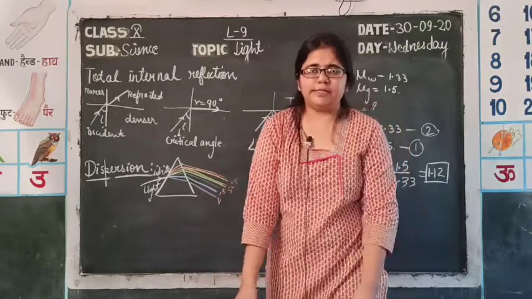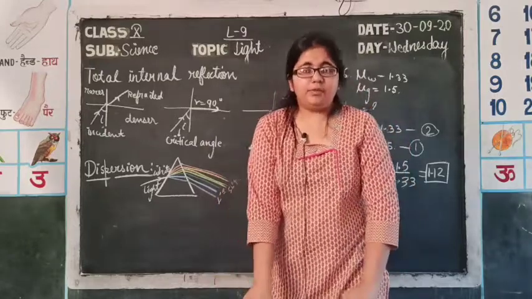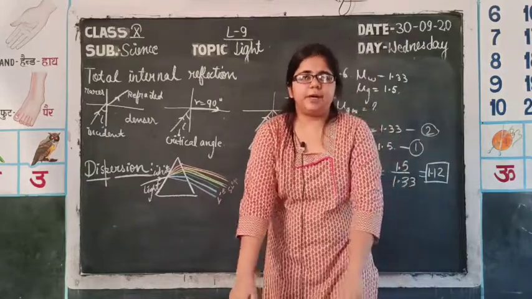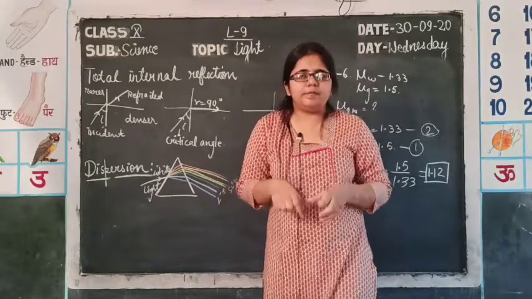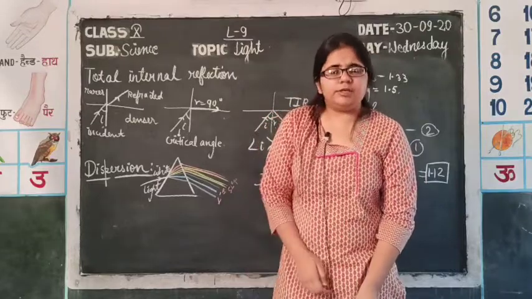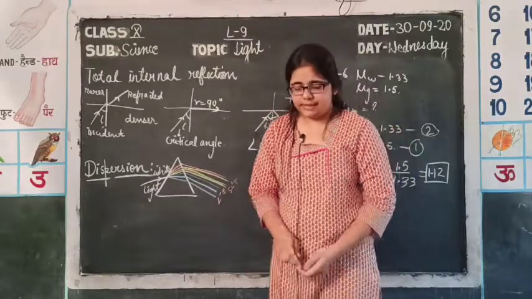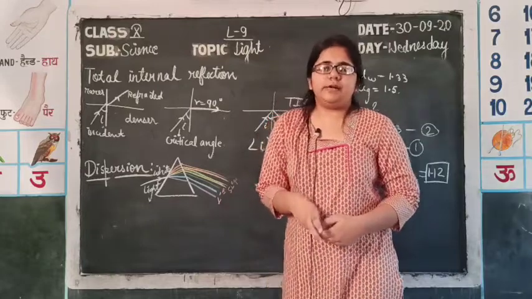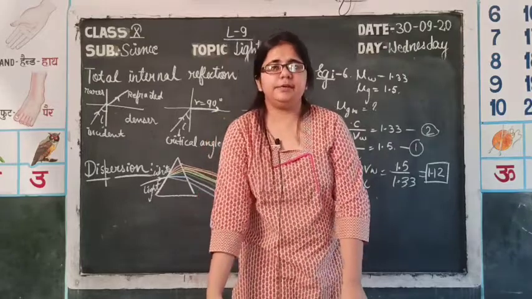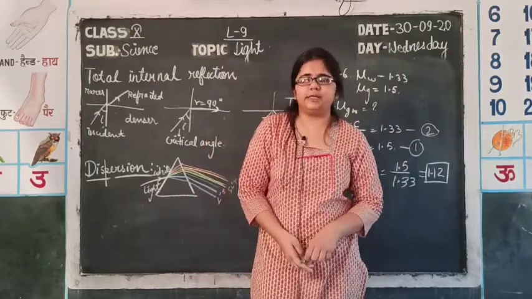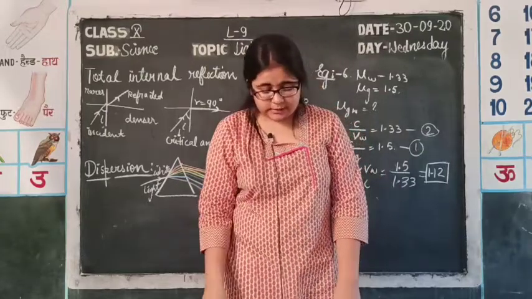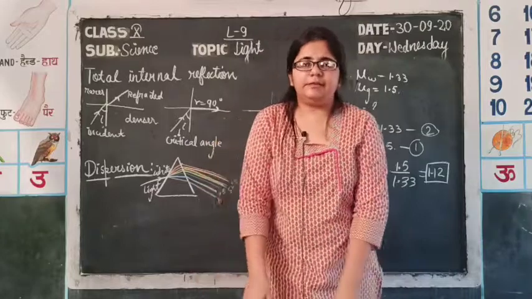This was all about today's discussion. We have studied the numericals of the mirror formula, then the bending of light and the appearance of a submerged object at a higher level than its actual depth. Then we studied the laws of refraction given by the scientist Snell, and the early sunrise and the late sunset. At last we studied total internal reflection and dispersion of light, that is, the splitting of white light into several colors. In the next class we will study lenses and refraction in lenses.